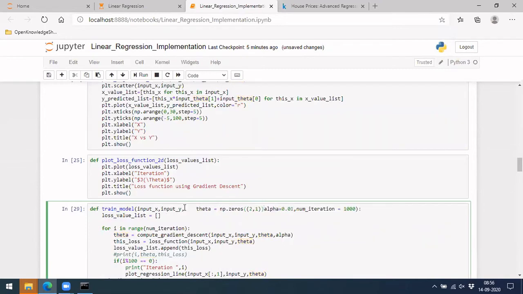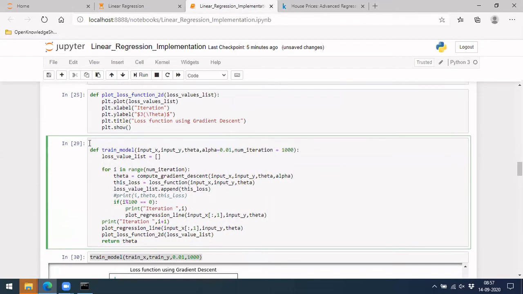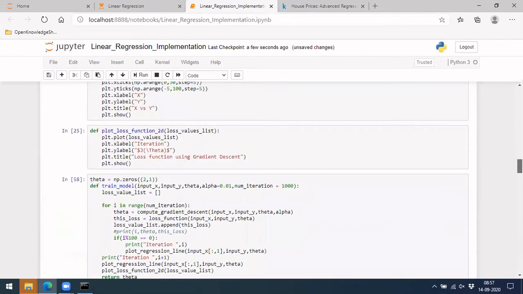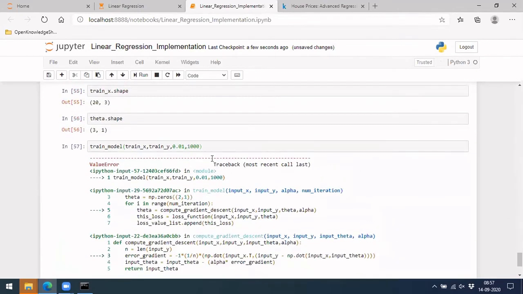We can't call it input theta now because we would have to change it in many places. Okay, it's like this. Let us see. We only need this function to be running. Let's see if it will run here.